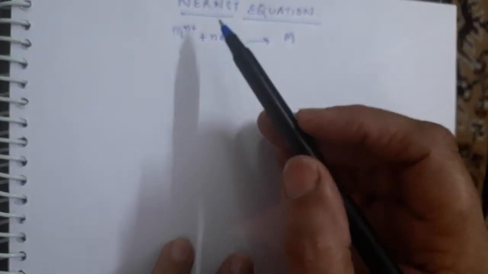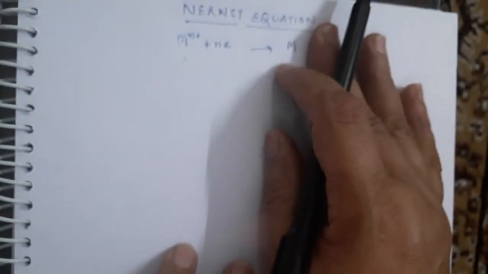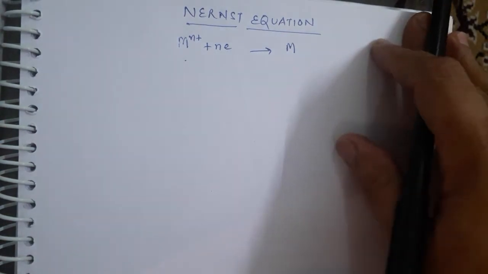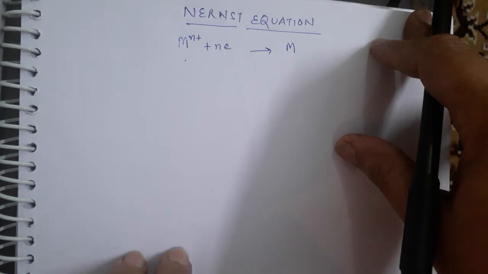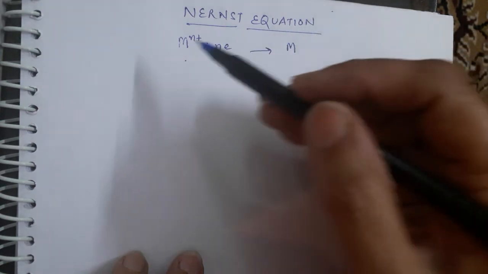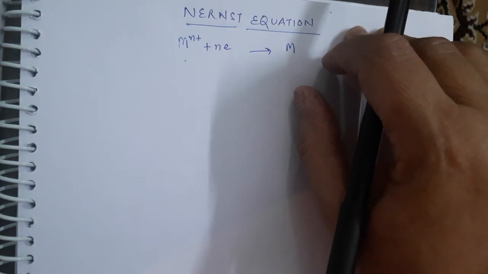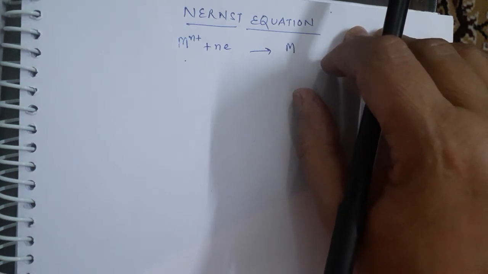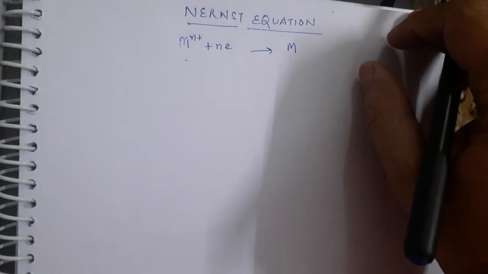In continuation of studies of the details of the electrochemical cell, the galvanic cell, now we are going to study the Nernst equation. The Nernst equation gives us the correlation between the electrode potential, the standard electrode potential, and the concentration of different electrolytes in different half cells. It is not necessary that electrolytic concentrations are always balanced at 1 M. They can be different also. In that case, how do we calculate the electrode potential? That relationship is given by the Nernst equation.